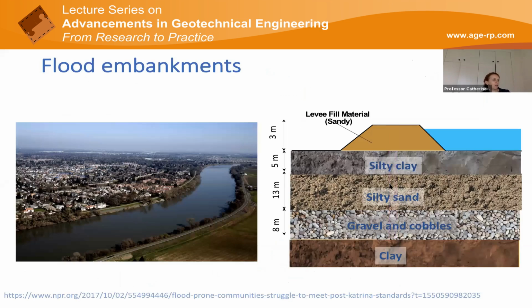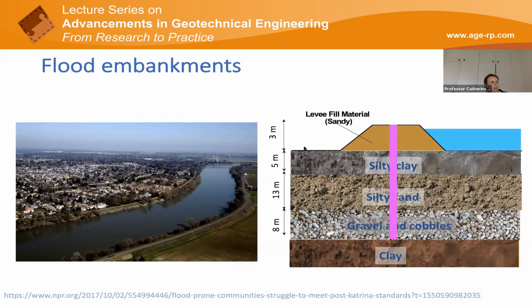And many, many years ago, when I lived in the US, I worked for Woodward Clyde, URS Griner, and we were looking at how we can improve the safety of the levees that go through downtown Sacramento along the side of the American River. And my job as a graduate engineer was to work out, if we put a cutoff wall through the levee, could we reduce the occurrence of piping on the downstream side of the levee? Because there'd been a number of winters where they'd seen incidents of piping,